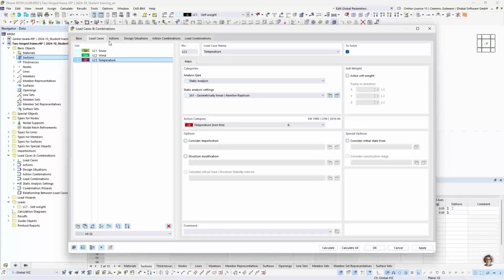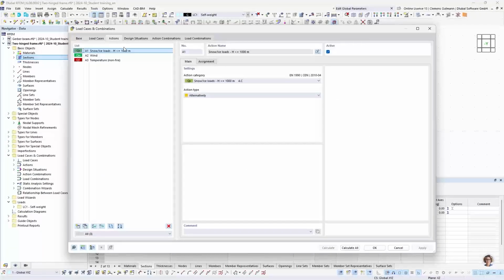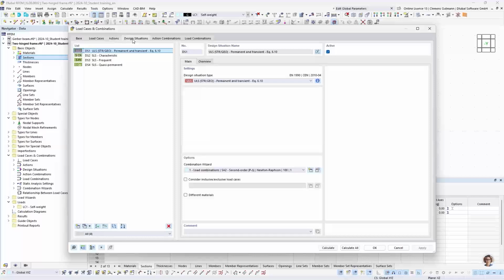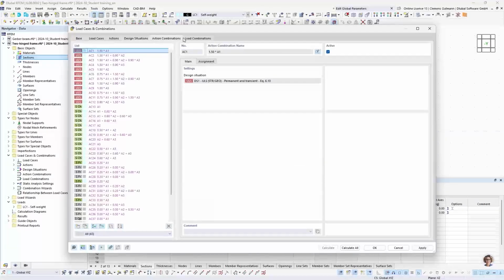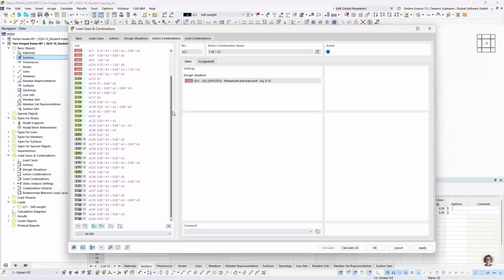And if we now go through this again, we can see some interesting stuff. So if you go to the action combinations, you can see that some of the entries are grayed out. That is because the program detects that some of the action combinations are duplicates